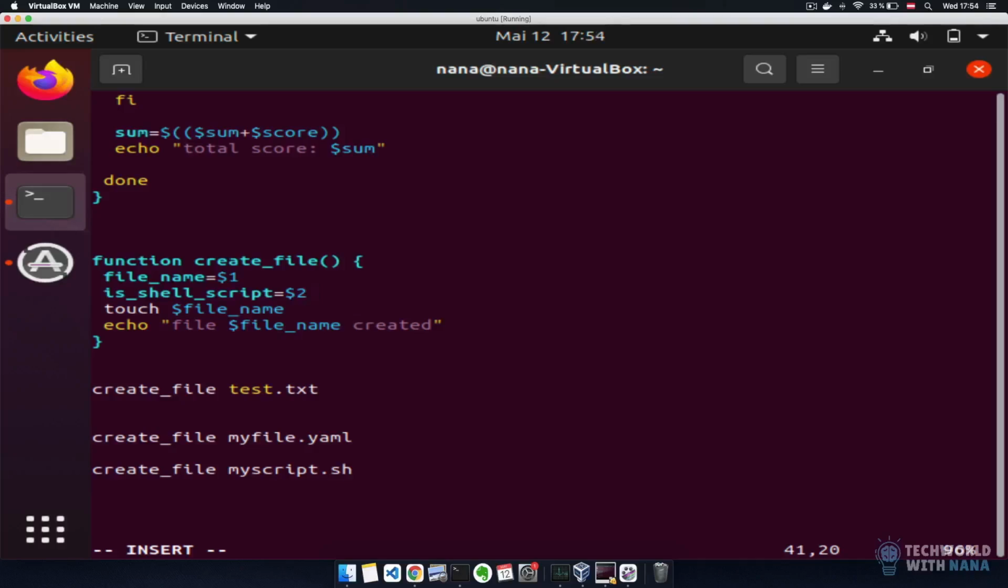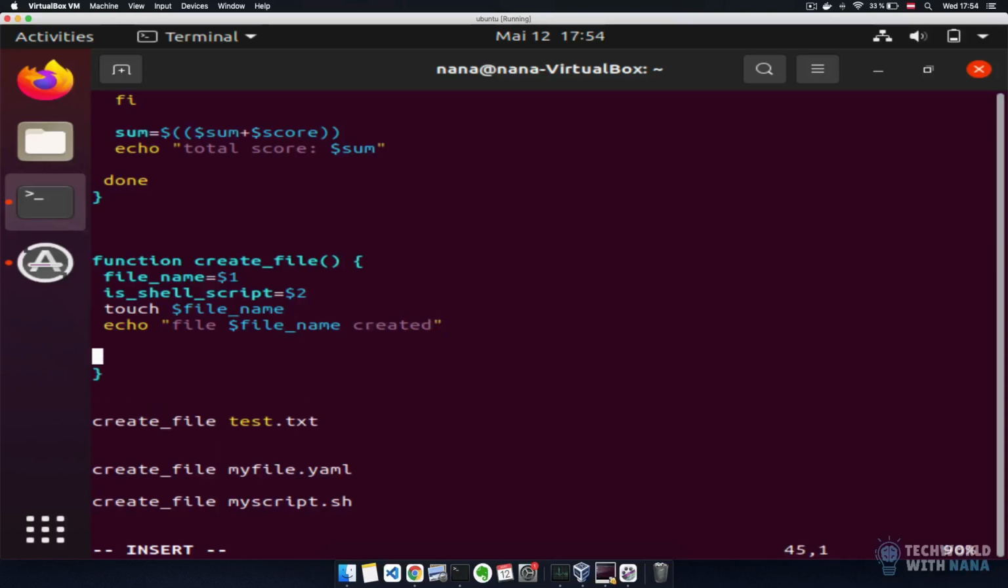And we read it from the second parameter. And after we create the file, if the file that we're creating is a shell script, .sh, we want to add an execute permission to it. So if